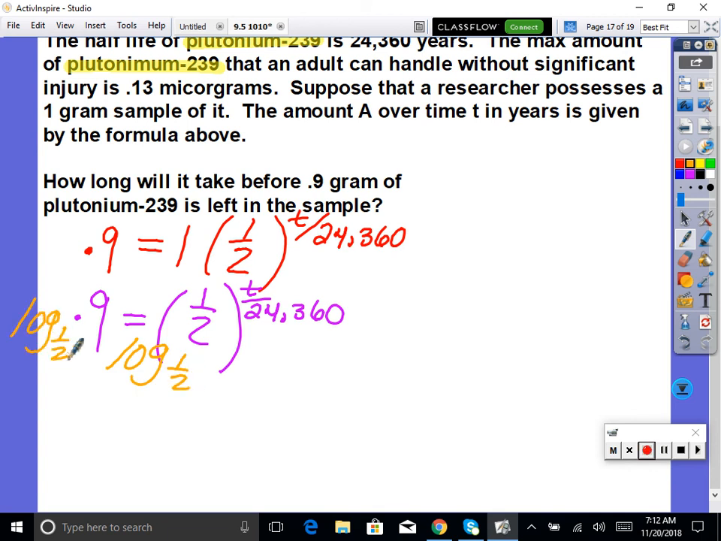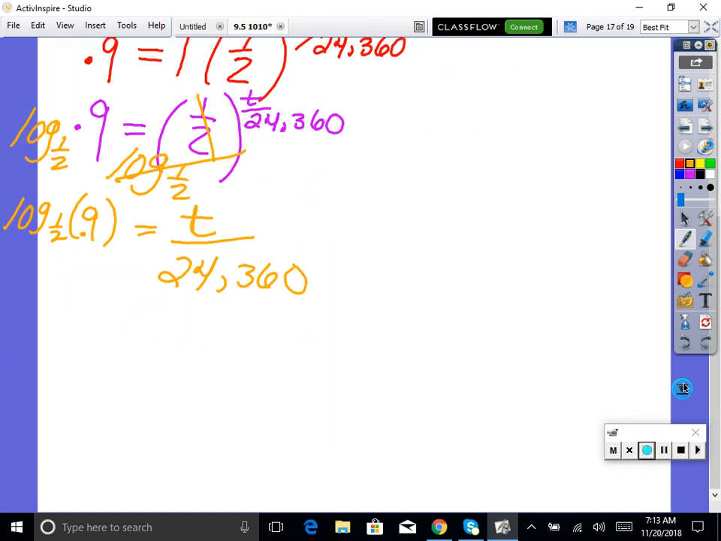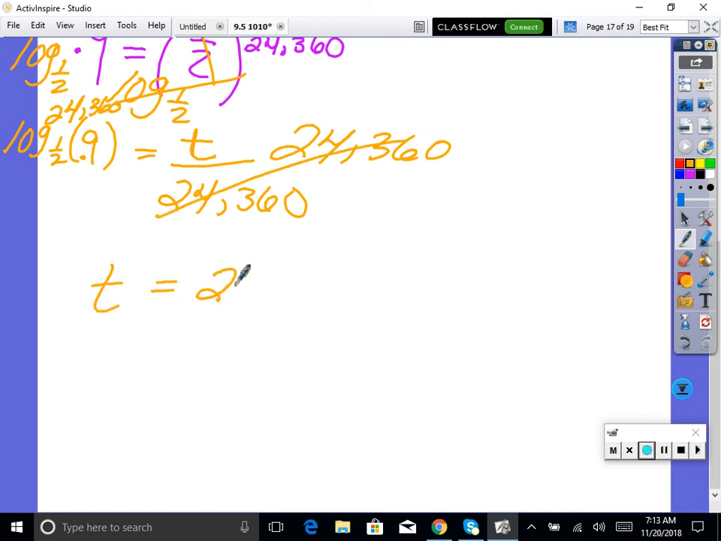Log base of half. So now on this side we have log base of half of 0.9 is equal to t divided by 24,360. Get t alone. Yep, times both sides by 24,360. So t times 24,360 times 24,360. So t is equal to